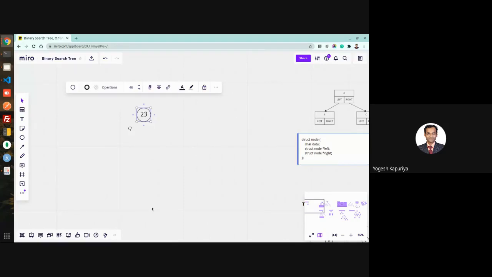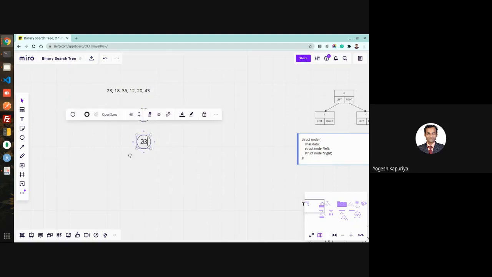So what will be the position of 18? Fine. So it will be on the left of 23, right? So let's join these two.